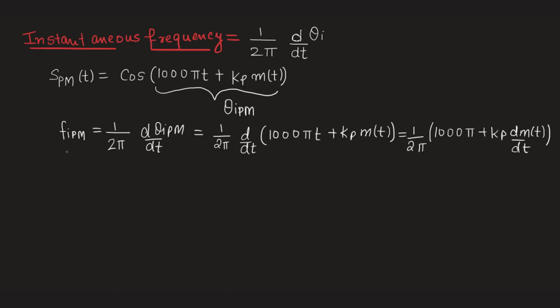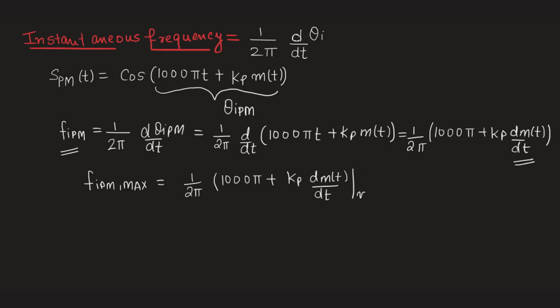What we see is, in order to obtain the maximum value of instantaneous frequency, we need to maximize the derivative of the message signal m(t). So fi PM maximum can be written as